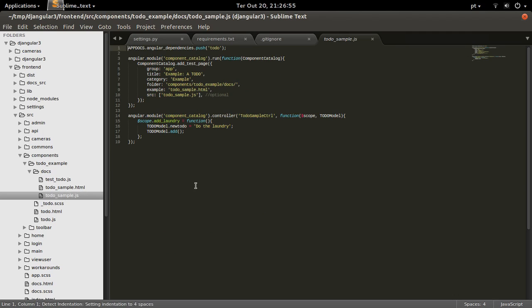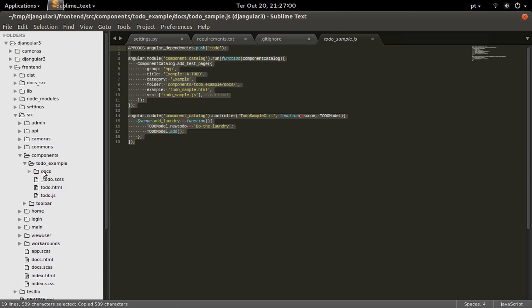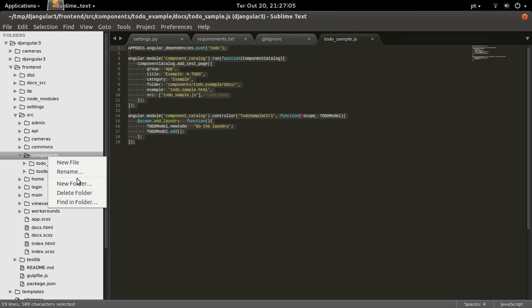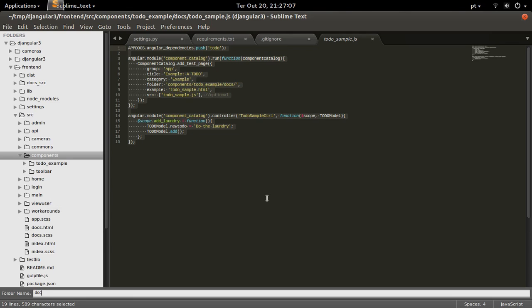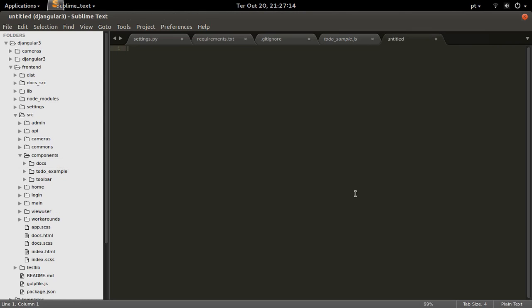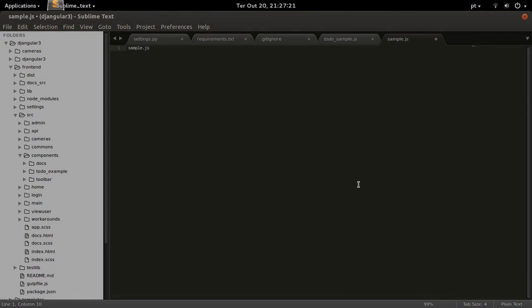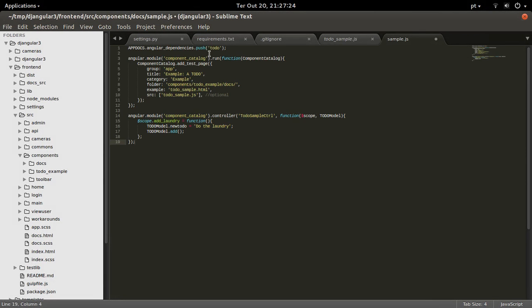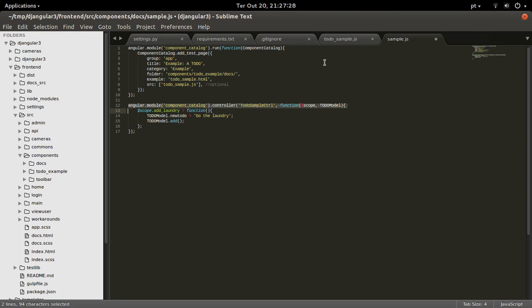copy it from here. So you just have to create a folder called Docs somewhere. So I just create a new folder called Docs here, Docs, and then you have to create a new JavaScript file, sample.js, and then you add a new test page for a component